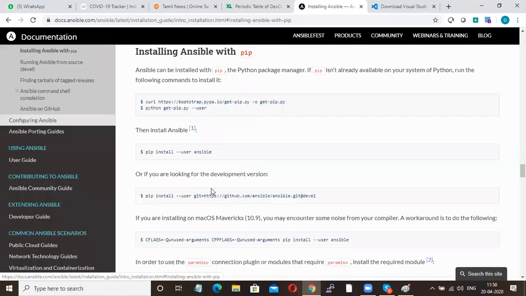What is pip? Pip is the Python package manager. So I'm going to install Ansible using pip. I'll say why I'm using pip later, but right now I'm just going to install Ansible using pip. Fine. So just open your console.